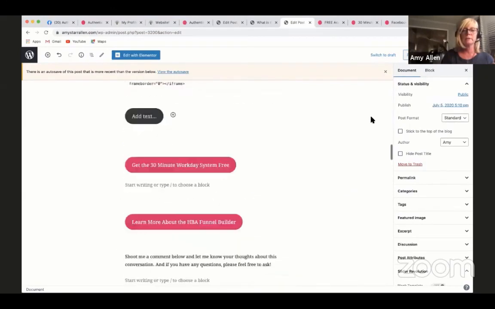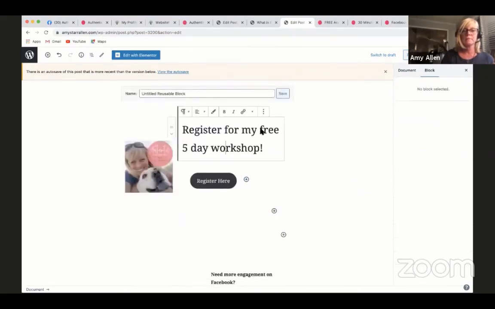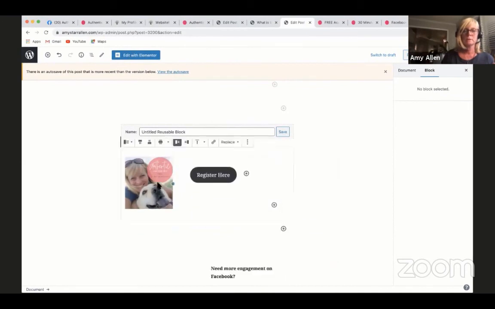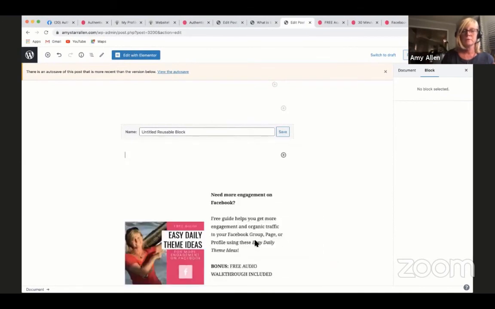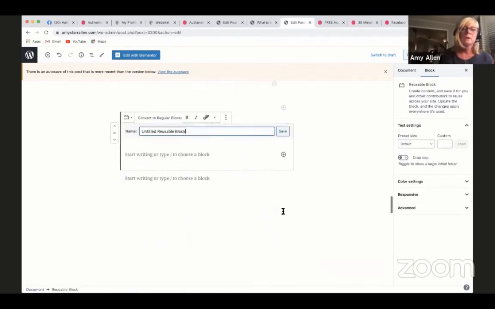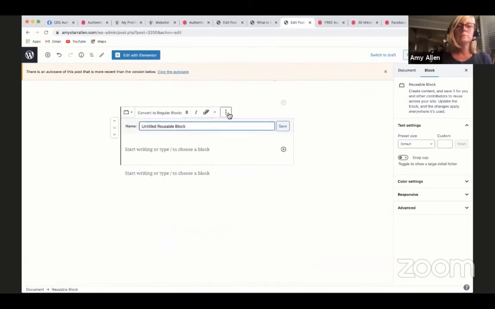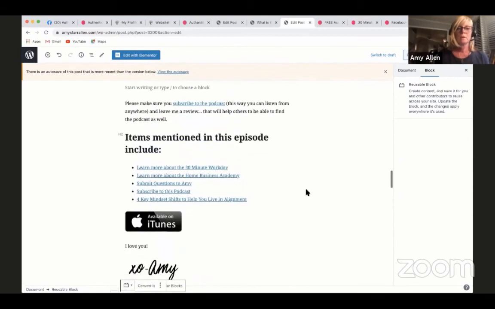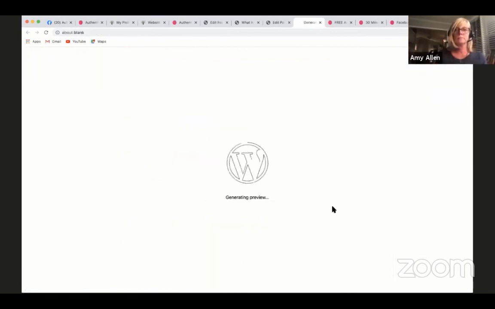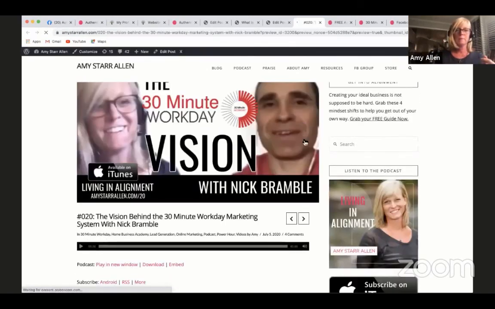I'll leave that there, but I'm going to get rid of all this other stuff because I don't want all this here. All right, and then I would just click update. And when I preview it, you'll see I removed all the extra blocks at the bottom, but I'm just going to show you how